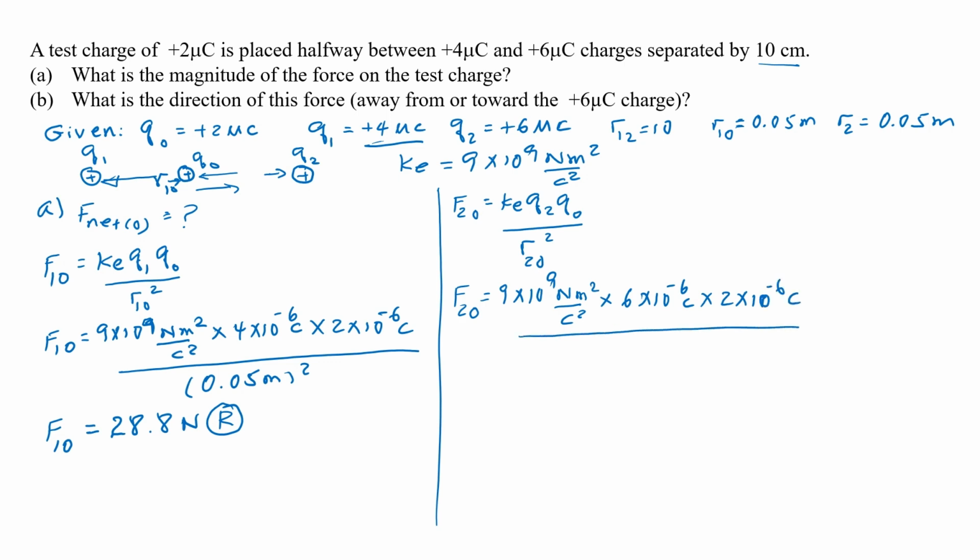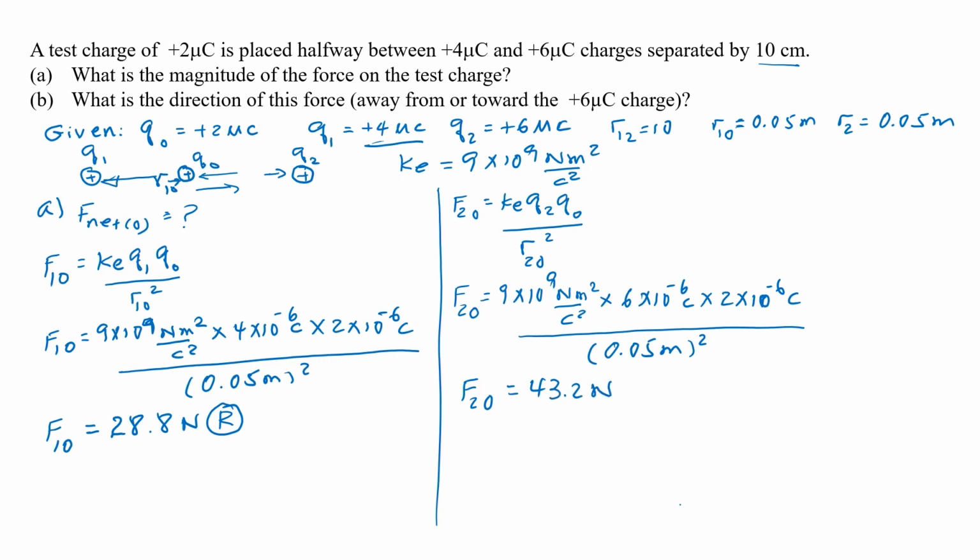Divide that by the distance between charge 2 and the target charge, which is 0.05 meters squared. That's equal to 43.2